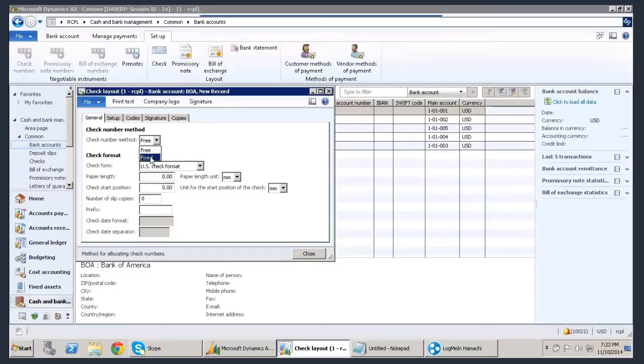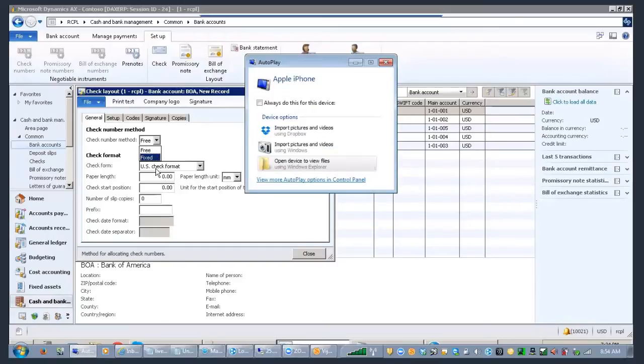By the way, Ivan and Salman, do you have free checks in Canada, or do you have only fixed checks in Canada? I think there's both. No, I'm not talking about what you use. In Canada, do you have free checks also? Are they in use?